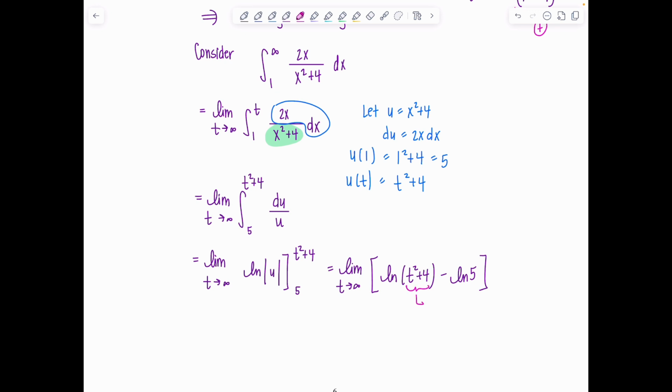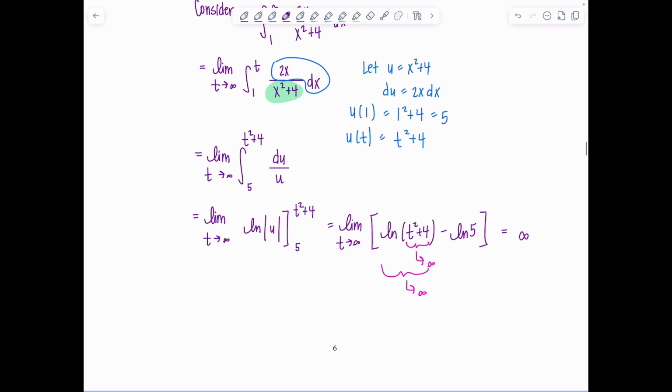So this is going to infinity. Ln of something getting very, very large also approaches infinity. Minus ln of 5, that's just a constant. So this limit goes to infinity, which tells me that my improper integral